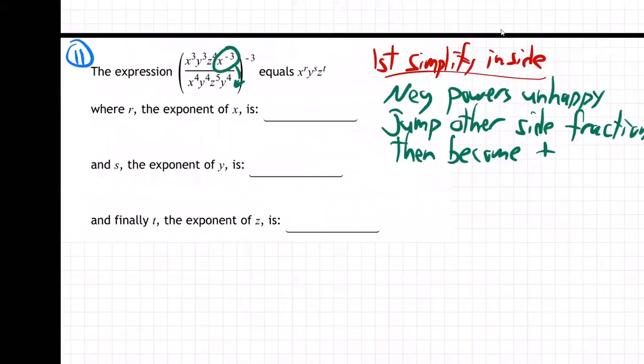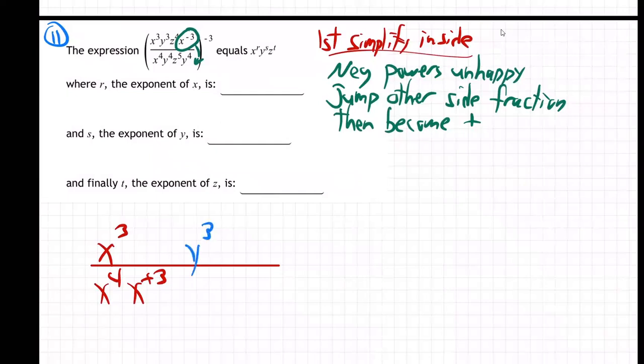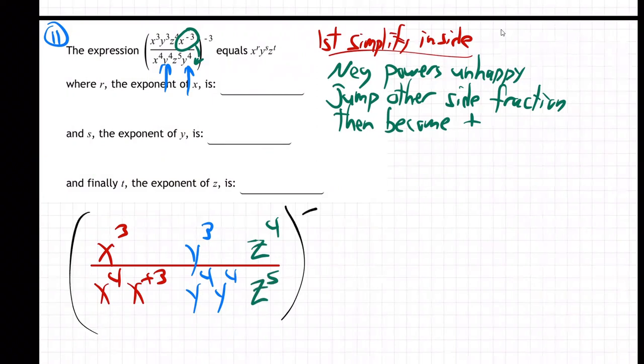So I'm just going to do that first. Really nothing else yet. Let me just take it slowly. I'm going to write everything else in there. So I'm going to put X to the third over X. Now I'm going to put that X to the minus 3 over here next to the X's. The Y's are going to stay where they're at. We've got Y to the third on the top, and then we have another one. See these two, Y to the fourth. I'm just going to gather them together and keep things organized. And with the Z, we have Z to the fourth on the top, Z to the fifth on the bottom, like that. And then, of course, the whole thing is to the minus 3.